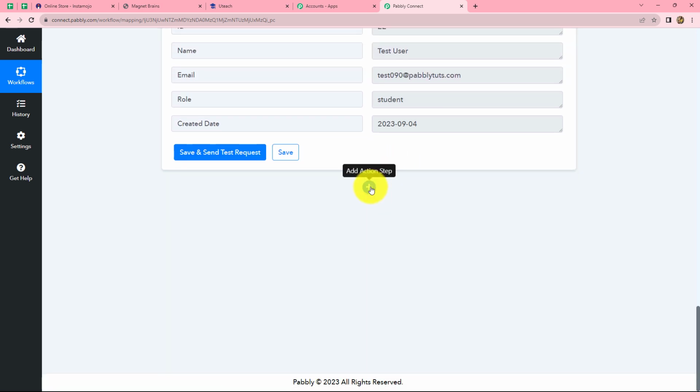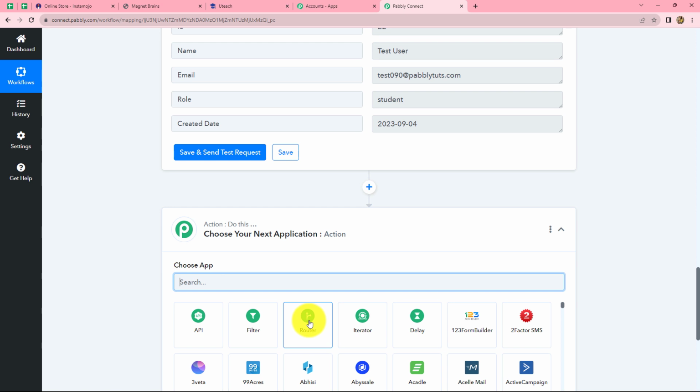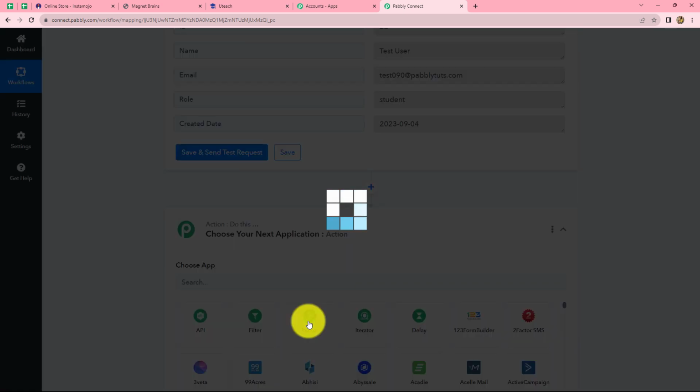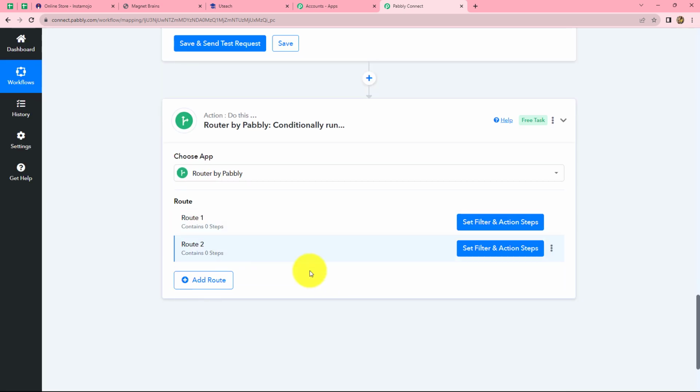We will click on this plus sign and add one more action step, and here we are going to apply router, which is a feature by Pabbly. Why? Because I want to create two routes here. First route will be for the existing users of Uteach, and the next route will be for non-existing users of